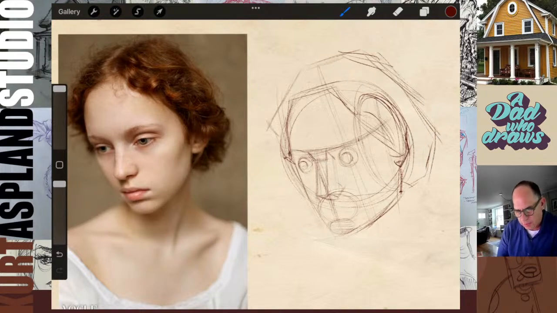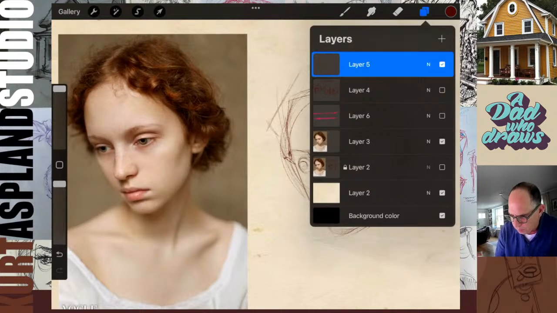Okay, let's work on the eye on the right hand side here first. And I could see that the edge of it is right there. And look at what I'm looking at here.